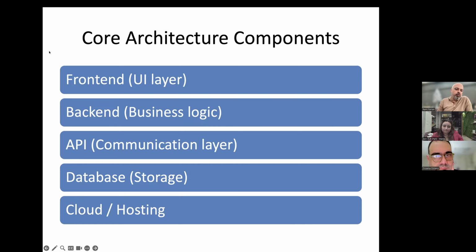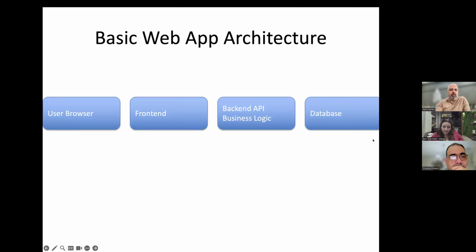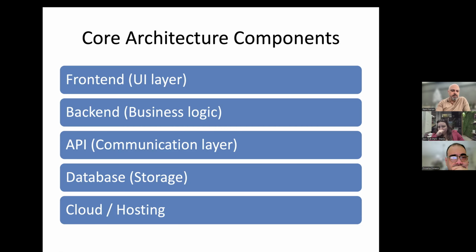And there's probably a database, a storage somewhere, and the hosting today is cloud hosting. You almost never, especially for startups, host anything on premises. And the cloud hosting also has different levels of hosting. You can host infrastructure, so you can host virtual servers on the cloud. This is called infrastructure as a service.